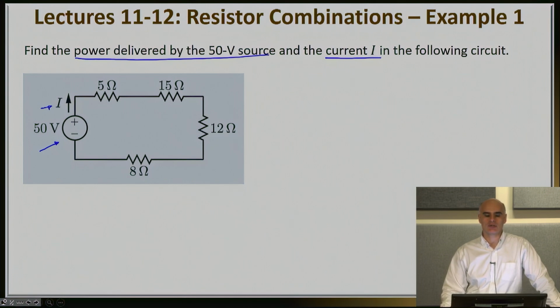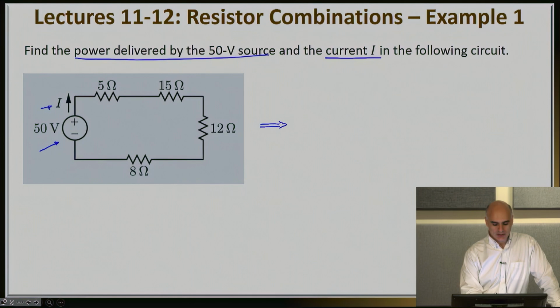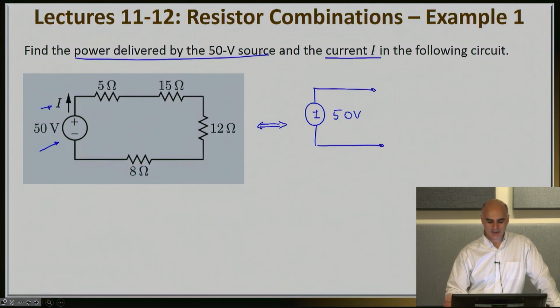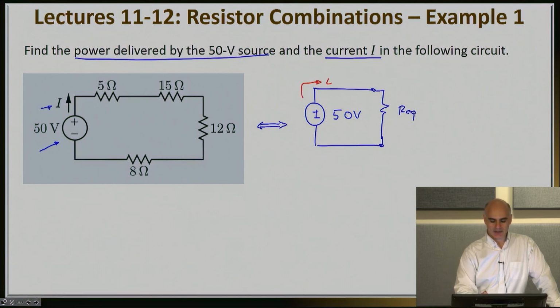grasp the picture here. So the very first thing that you're probably tempted to do here, and it would have been correct and actually the easiest path forward, is to combine those four resistances that you see into a single one. In other words, probably the most tempting step here is to say that, look, I can redraw my circuit by putting the same voltage, 50 volts, and now, instead of having these resistances, I will simply replace them with one single resistance, Req. After all, if I do that, I will have exactly the same amount of current flowing,